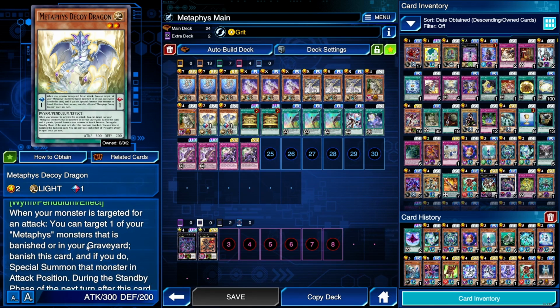And basically, what he allows you to do is, if he's banished, he will special summon himself to the field. You can choose attack or defense position. So I would usually just go defense position, but it doesn't really matter because, and this is the big part of what makes Metaphys Decoy Dragon so important, whenever your opponent declares an attack against one of your monsters,